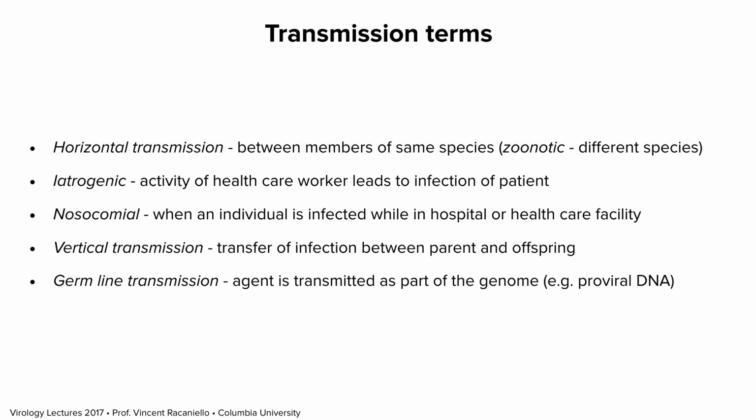And then there's some different kinds of horizontal transmission. There's no name for infecting students in a classroom. It's just horizontal. But if a healthcare worker infects you, if you go to a doctor's office and they give you a contaminated needle, that's called iatrogenic infection. Nosocomial, you get infected in the hospital. That happens a lot. In fact, the best thing you can do is not get sick, because once you go in a hospital, it's very bad. Your odds go way down because you get hospital-acquired infections or nosocomial infection.